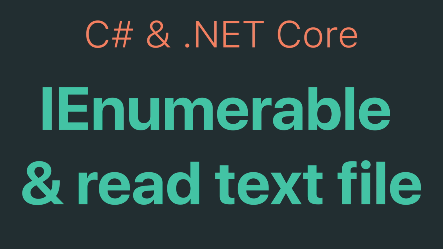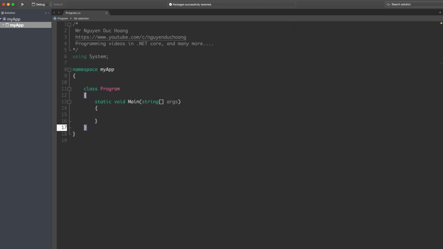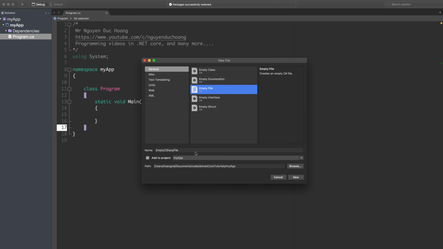Hi everybody, in this video I will talk about the IEnumerable interface and how to use it to read a file from a text file and get the data